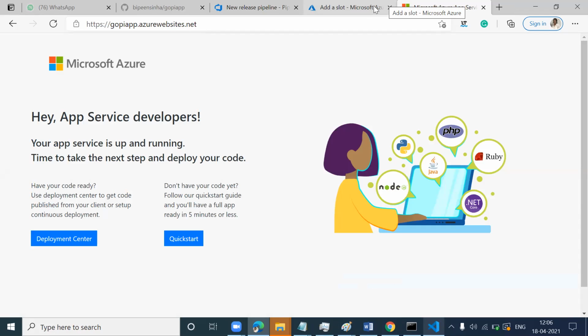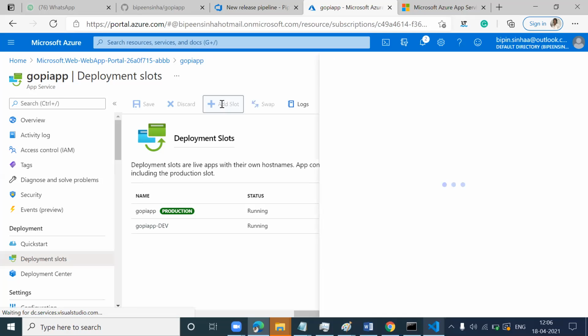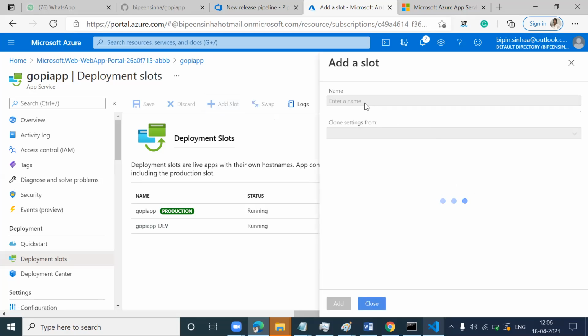But the UAT URL is only known to some limited people, only 10 or 15 people. Dev URL might be even more limited. It might be known to only 3 people. So first we deploy our app in dev, and then we apply our code in UAT. And when both teams confirm everything is running fine, then only we should go and deploy in production.